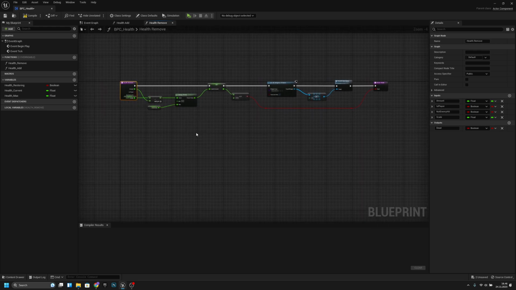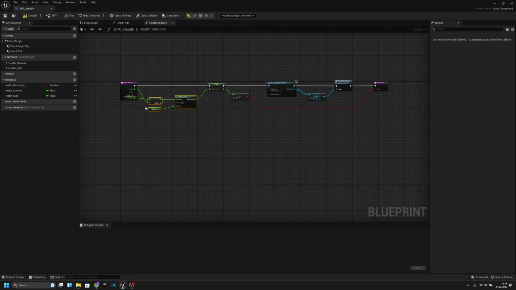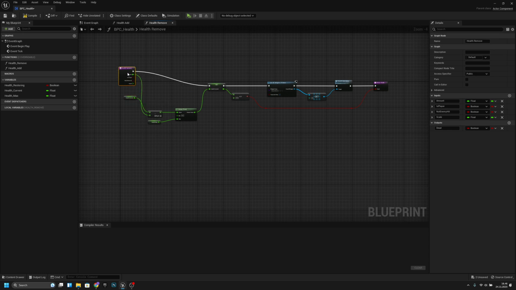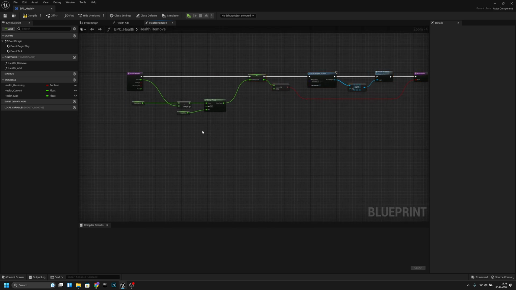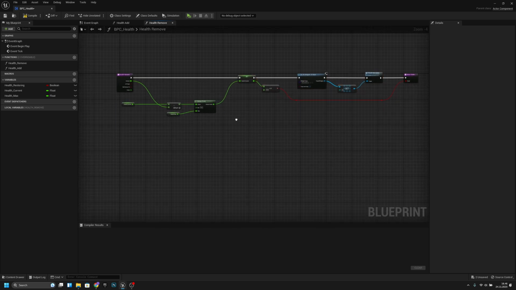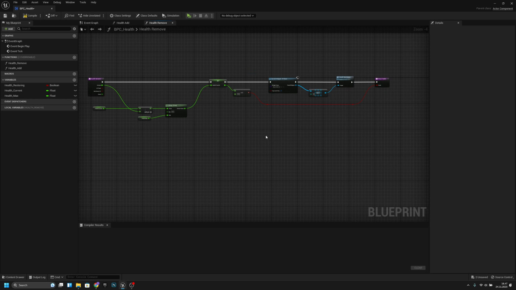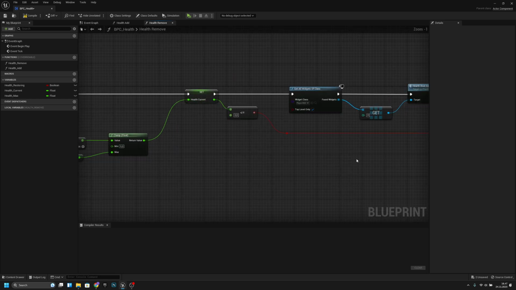Now we want to move this a little bit more down. I have to first move that. Okay, align those. Move this to here again. Okay, like that. And let's move this a little bit more here. And everything like that. And the next thing we want to do is, after we have set this health current,